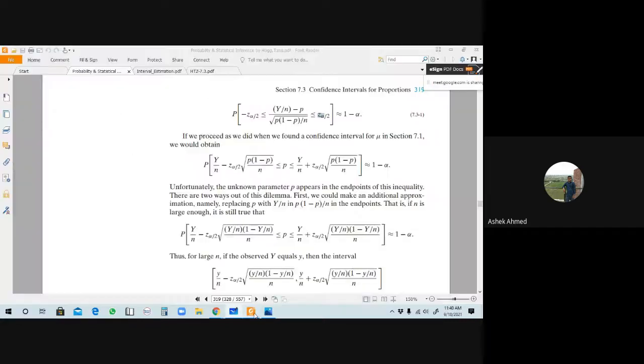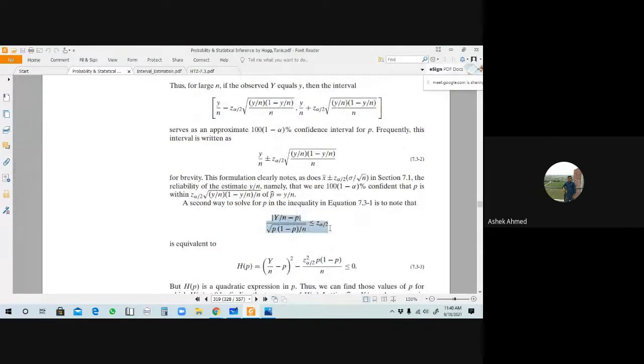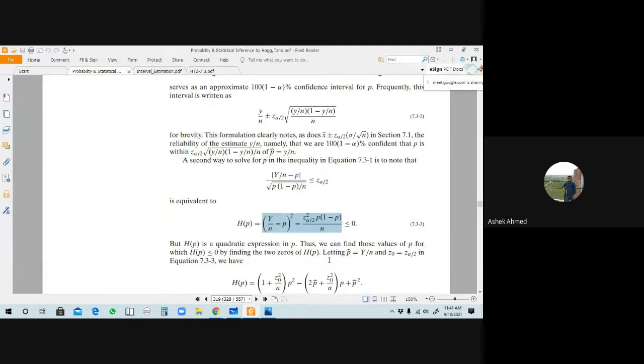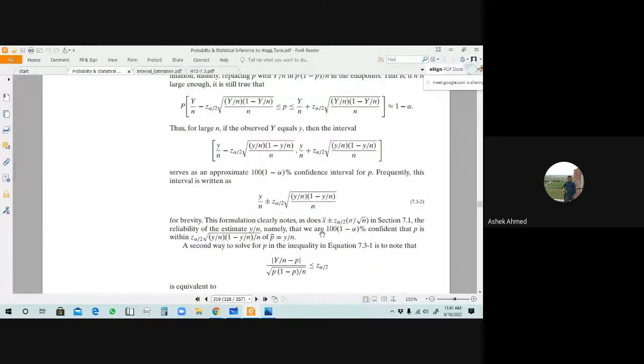পারি এই ইকুয়ালিটিকে আমরা লিখতে পারি absolute value of this is less than or equals to just alpha by 2. Then you will get this term, এই টার্মটা পেয়ে যাবে. From here you can get a quadratic equation in this form. So if you find out the values of p, that will be this result here. তুমি এই ফর্মুলা অ্যাপ্লাই করো, either this formula or this formula, যেটাই অ্যাপ্লাই করো না কেন, but result will